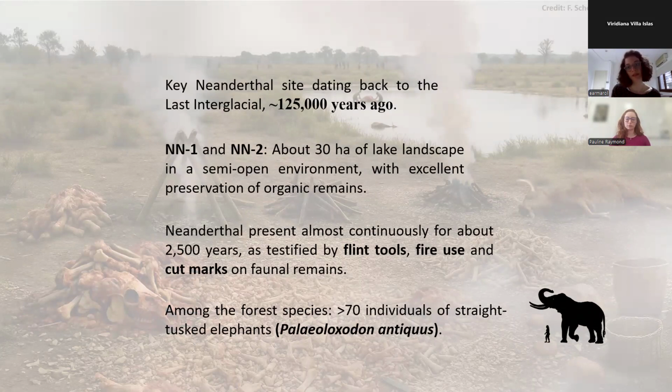helped keep this landscape open through the use of fire, meaning that they were able to live in a forested environment. And also, they were present here almost continuously for more than 2,000 years, meaning that they were more sedentary than previously thought. Among the faunal species whose remains were